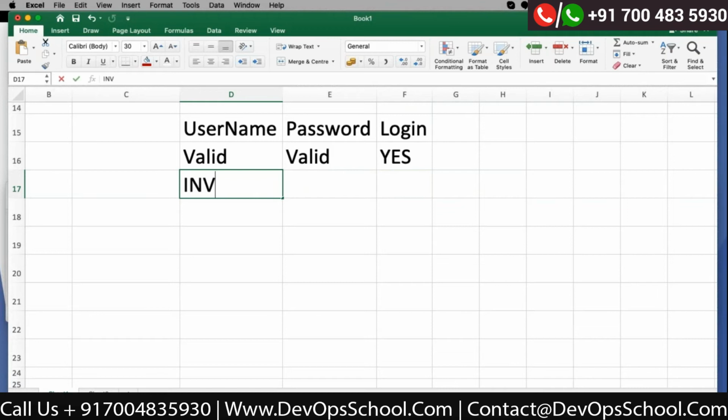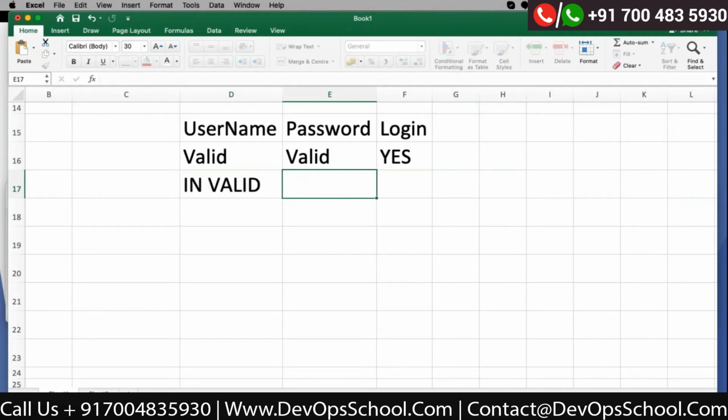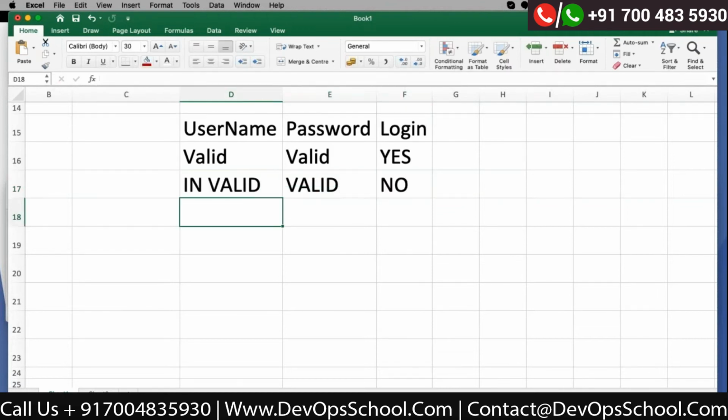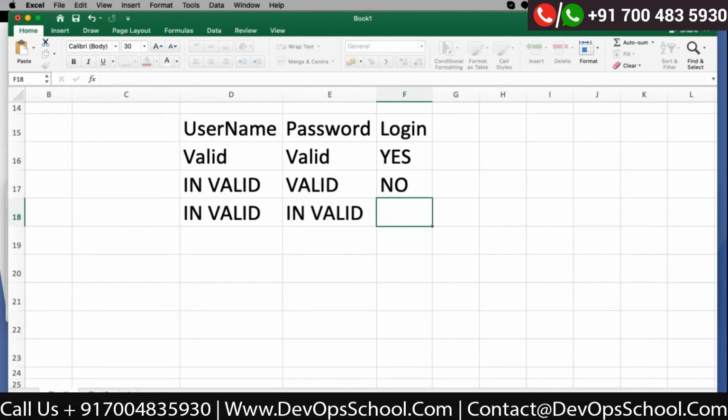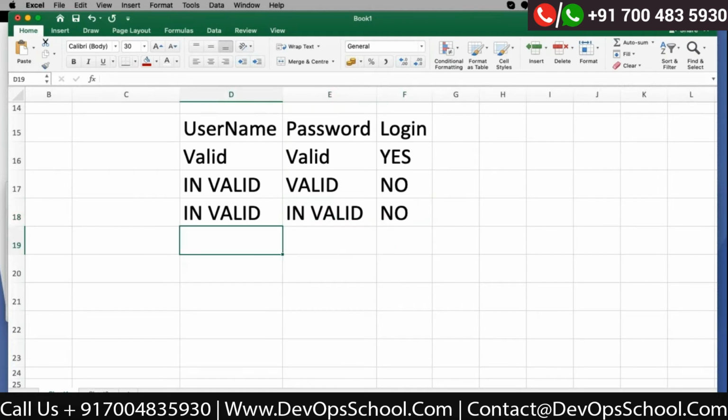So invalid username and valid password, no, right? Invalid username, invalid password, no. No username and valid password. The same test case you can use.